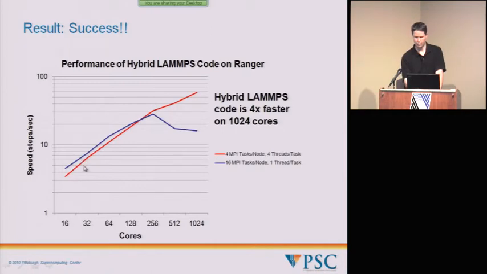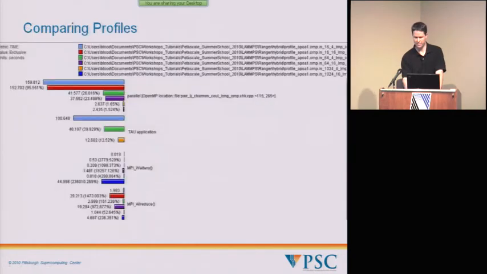So only certain sections of the code are parallelized with OpenMP. So at low core counts, you take a hit. But once you start to scale out and communication starts to dominate, then the hybrid strategy really pays off. And I just want to show that it's possible to profile these hybrid codes with TAU using, like I showed you, that TAU makefile that has OpenMP and Opari and MPI. And so here's some results that